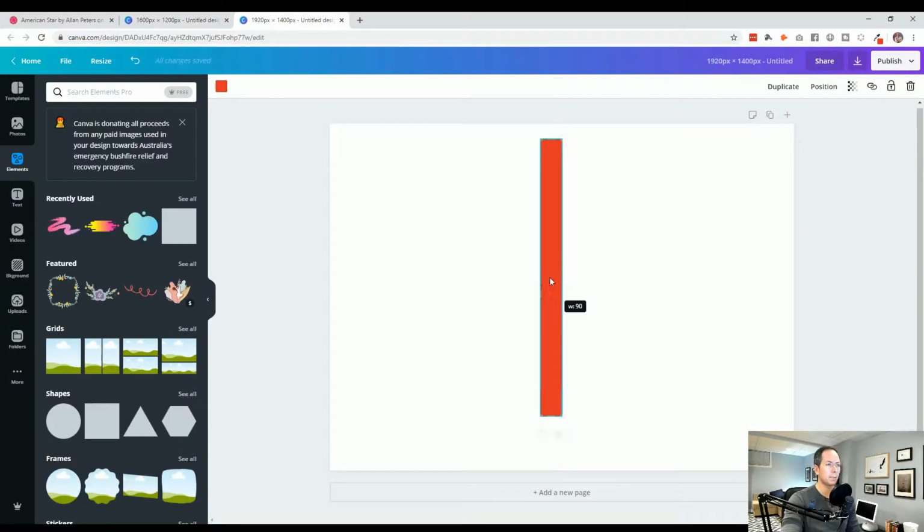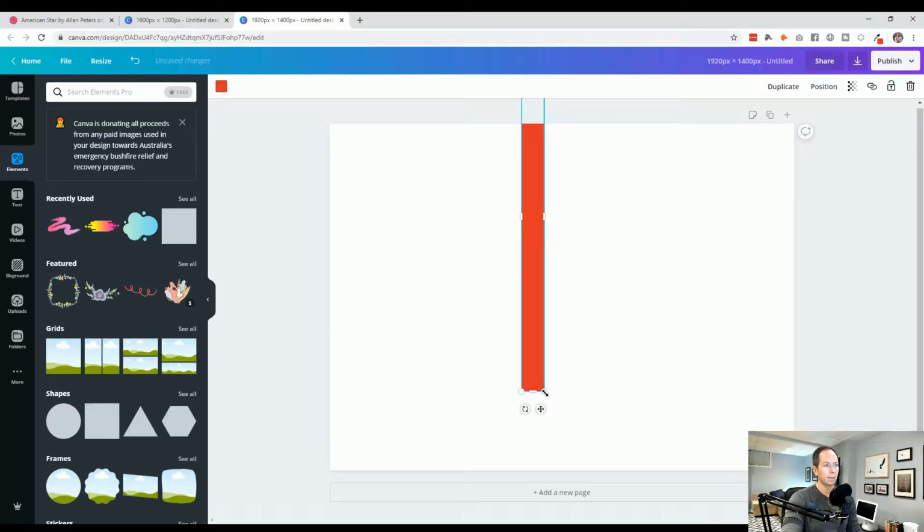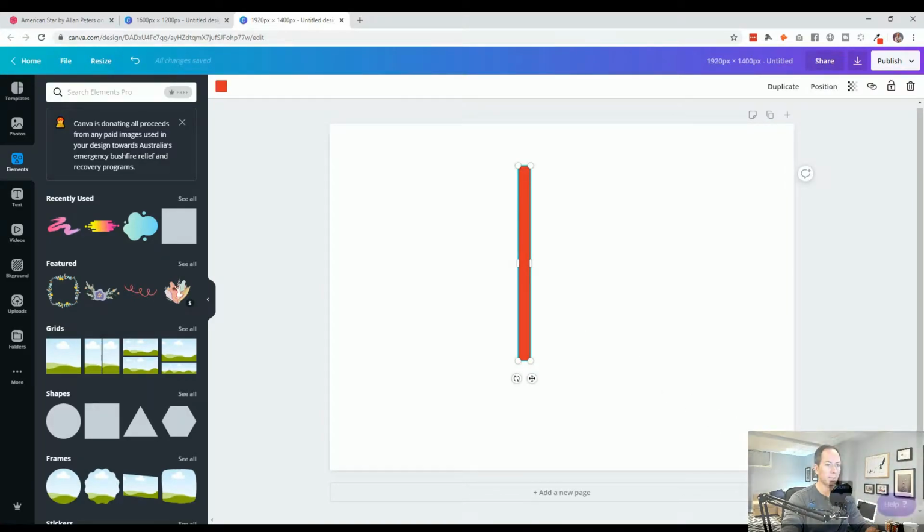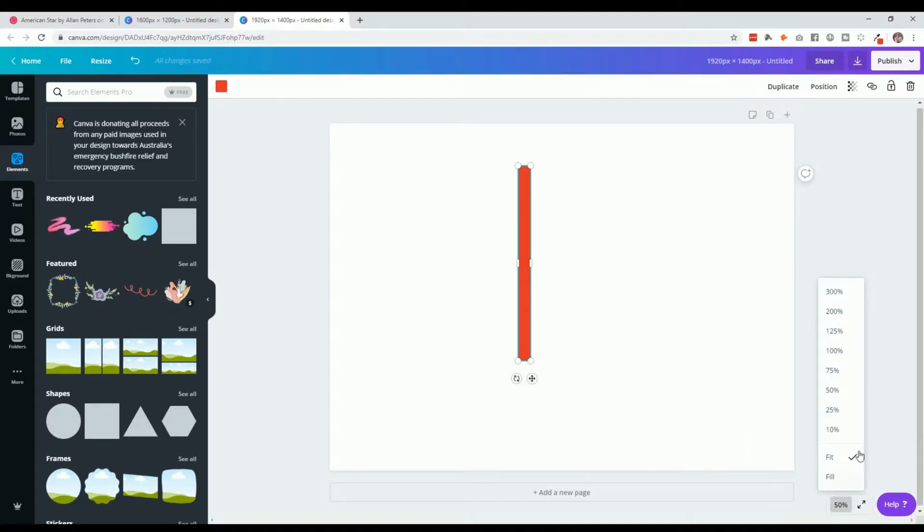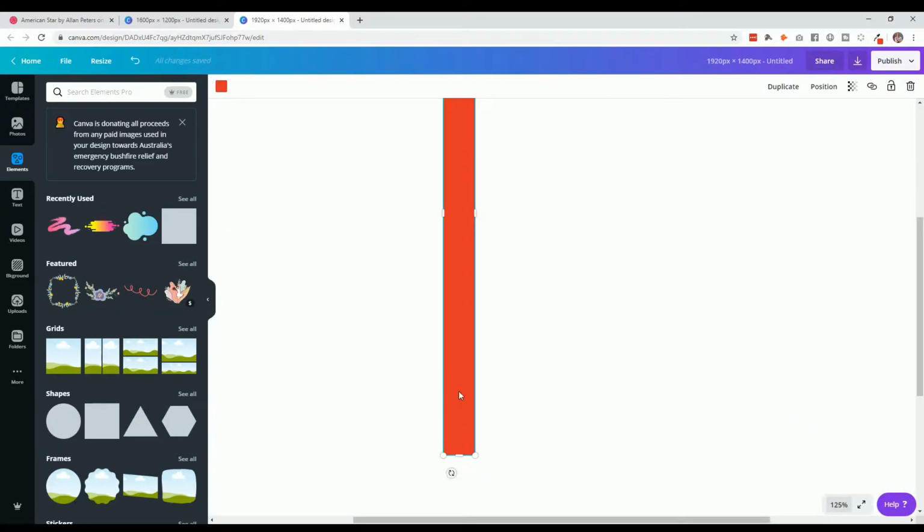So one trick, if you bump up against this is as small as you can make it, is to go to the corner and scale it that way. What you'll notice is that you can still make it longer and then you can keep scaling it. So I'm going to grab the corner, since I can't make it thinner, and scale it down. Now if I still want it to be longer, which I do, we can zoom in. So we'll come to the bottom right. Now we'll zoom in a whole lot, and you'll see here now,